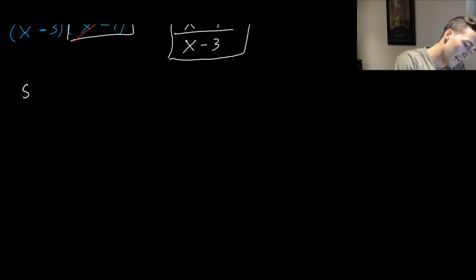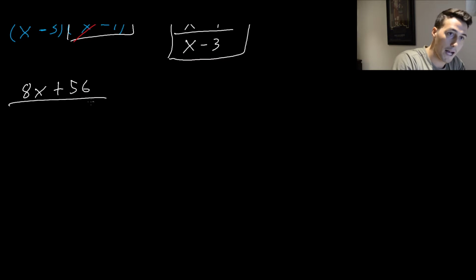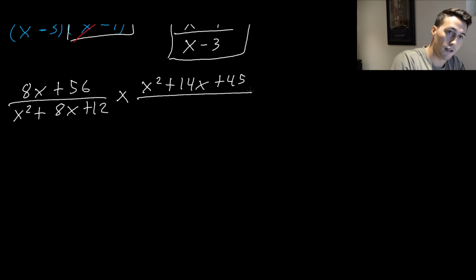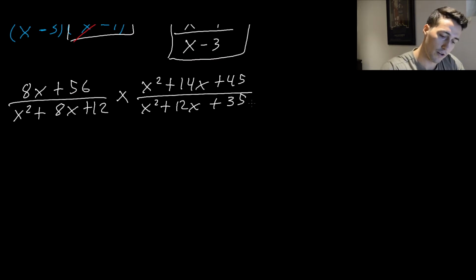The next one is (8x + 56) / (x² + 8x + 12), and then this is all multiplied by (x² + 14x + 45), and that is divided by (x² + 12x + 35). So again, this looks a little bit more aggressive than the last problem, but we're going to just take it